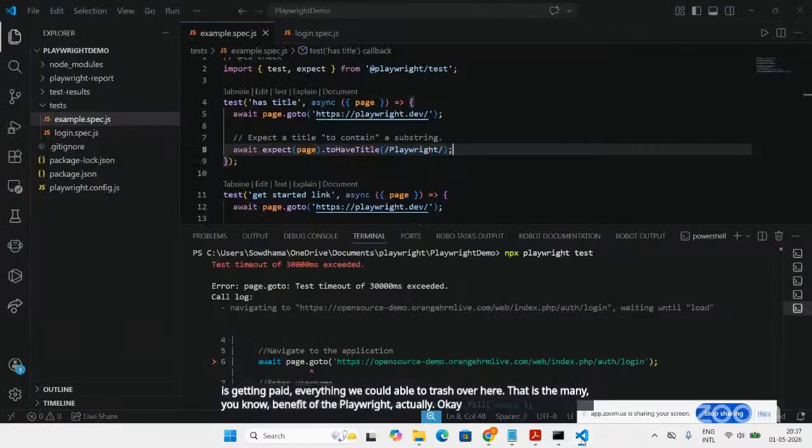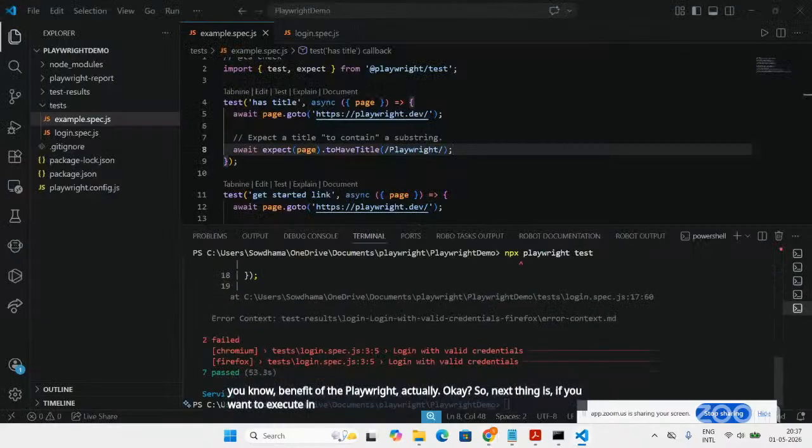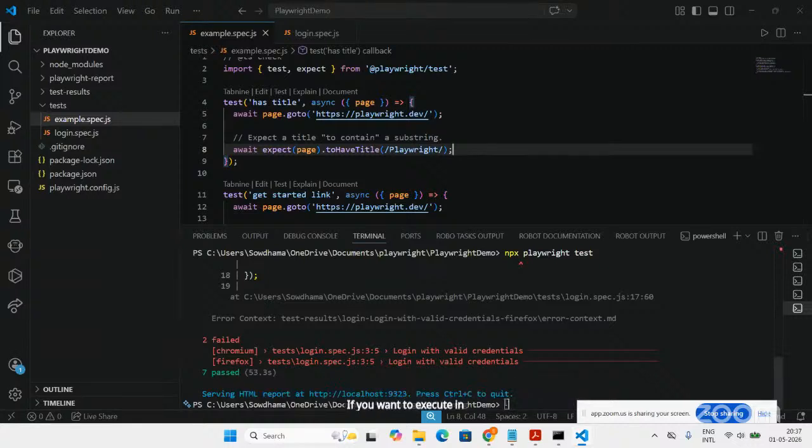Okay. So next thing is, if you want to execute in only headed mode, yes, we can do that. If you want to execute in only one browser, yes, we can do that. I'll show you how to execute in only one browser. So for mine is